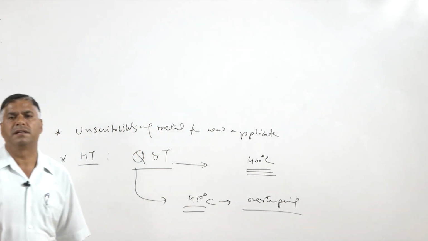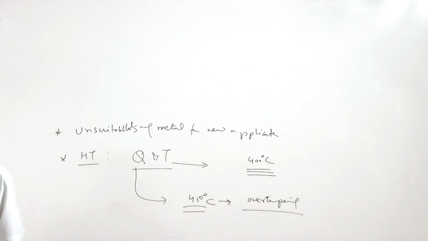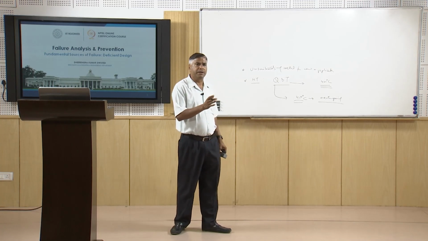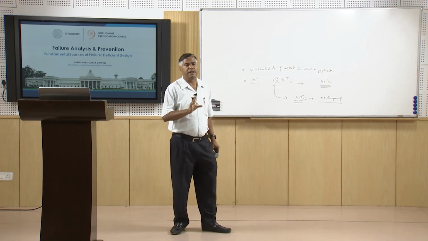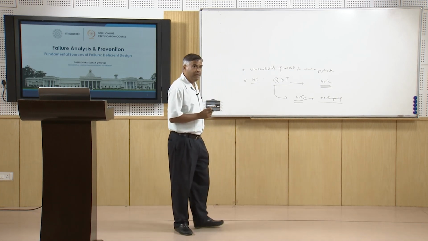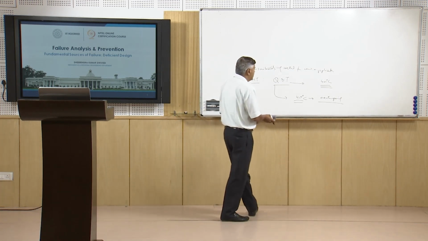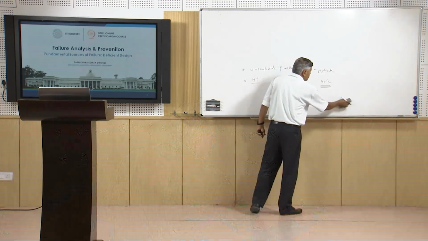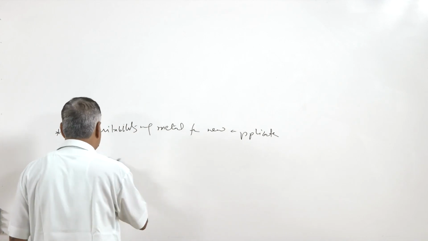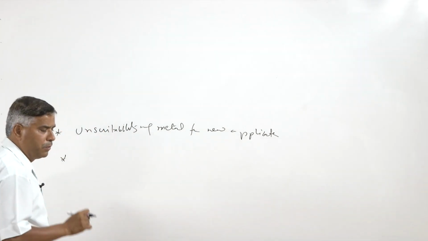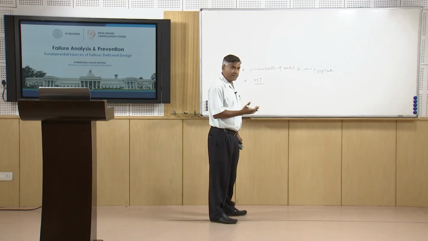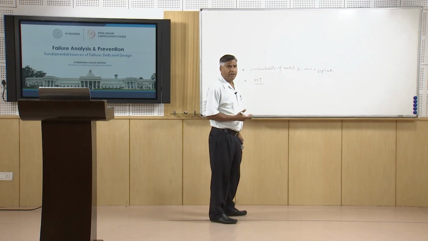So, this is one typical example where the improper heat treatment of the component, the composition may be suitable, but if the heat treatment is inappropriate for newer application, then it also can lead to the failure. Similarly, the stress relieving, if in one situation stress relieving may not be crucial, but for new application, if the stress concentration, if the loading conditions are more severe, then inappropriate stress relieving can also lead to the premature failure